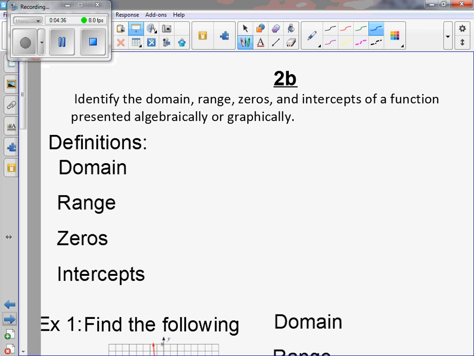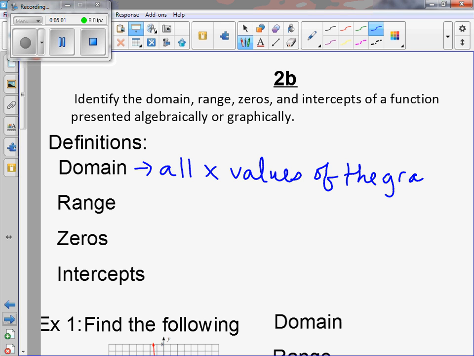Moving on to today. Just a couple quick definitions. This is for 2B. We're talking about domain, range, zeros, and intercepts. Intercepts are x and y intercepts. The domain, we'll just say, is all x values of the graph. The range